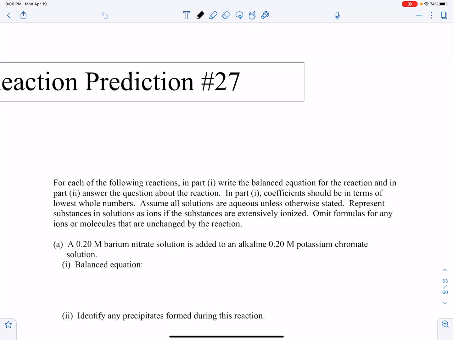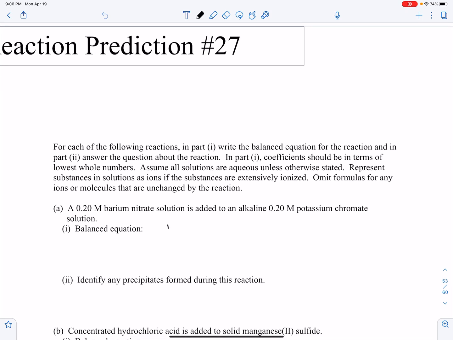This is reaction prediction number 27, almost to the end. So let's look at our first one here, 0.1 molar barium nitrate. Now, this is a solution, so keep in mind this is aqueous. Is added to an alkaline, 0.2 molar potassium chromate. Well, to be honest, all the alkaline does is help promote this